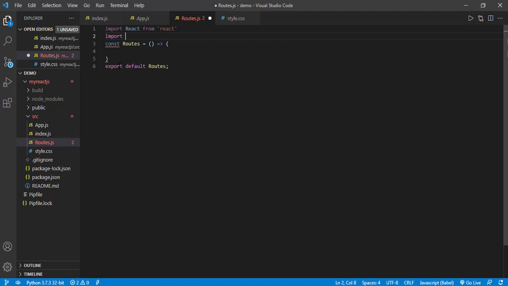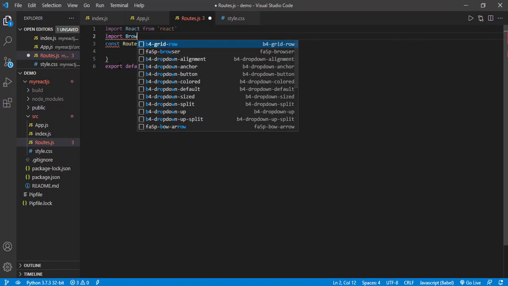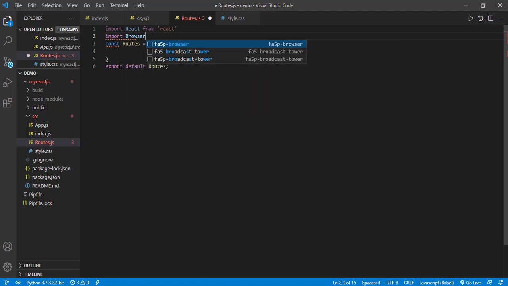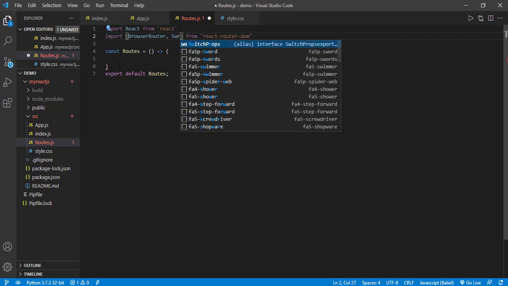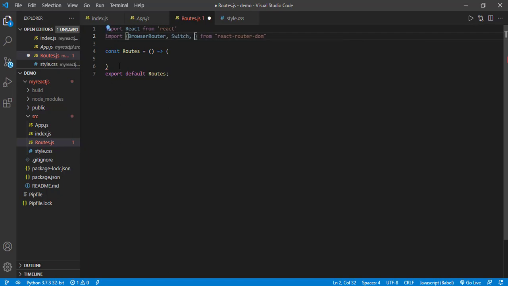So it's something is going wrong. So importing browser router from React Router DOM and then type switch and the route.